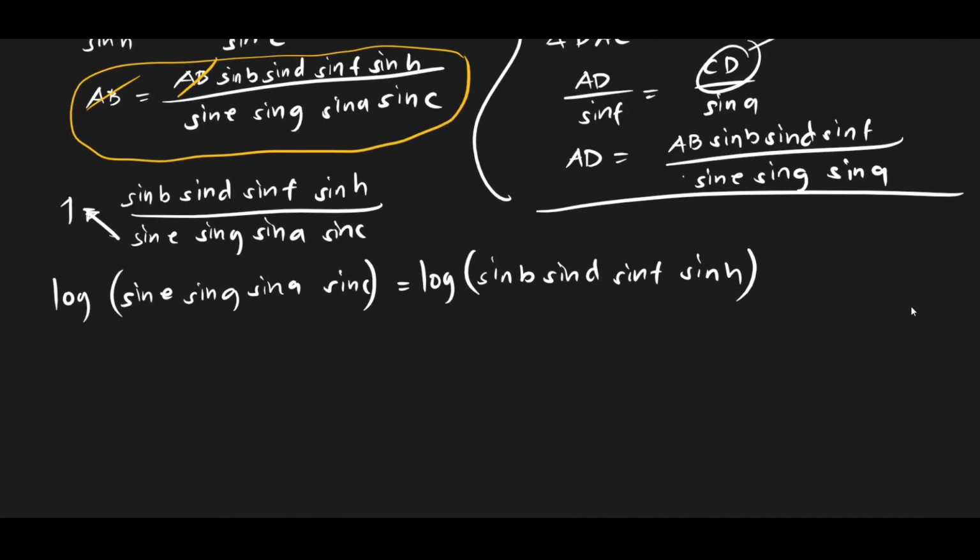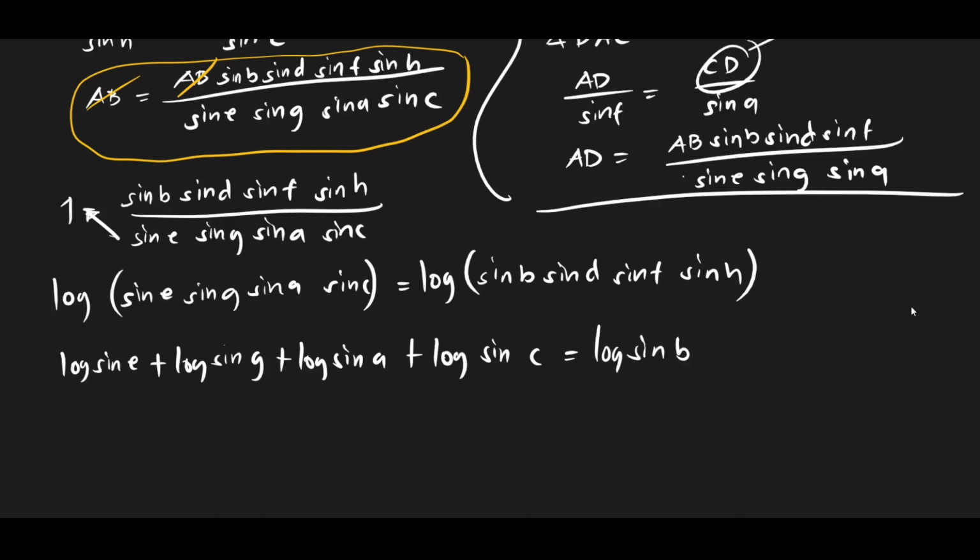And then using the properties of logarithms, we will get log sine of E plus the log sine of G plus the log sine of A plus the log sine of C is equal to the log sine of B plus the log sine of D plus the log sine of F, and then plus the log sine of H. Okay, so we need to satisfy this, and